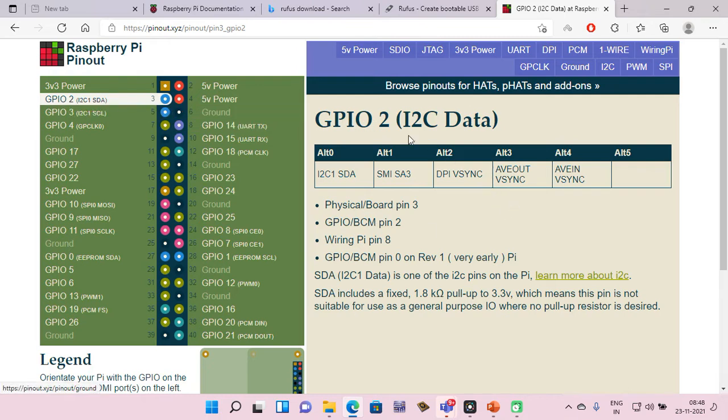GPIO2, that means on this pin you can connect an I2C device. Do you know what is I2C? Communication over a single line, and many sensor devices nowadays are I2C compatible. That means on this pin, not only can you connect a single device, you can connect more than 100 devices on a single pin. Let's say you want to use 100 sensors for your big project. Only a single pin is required to